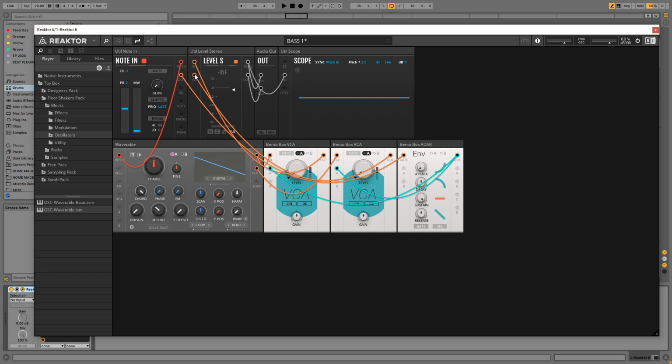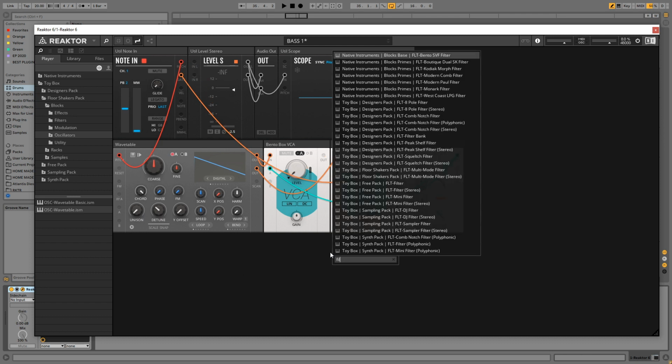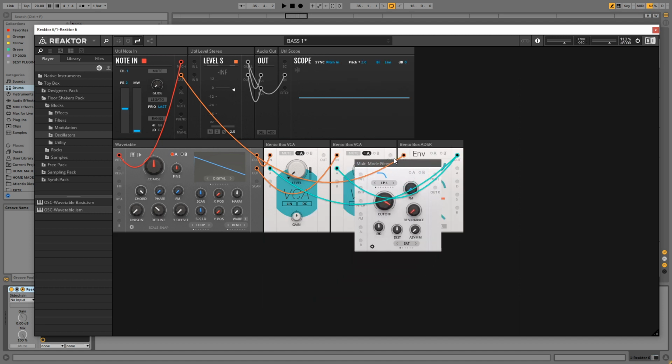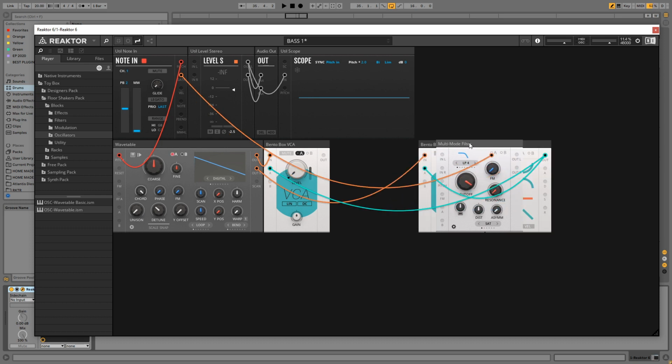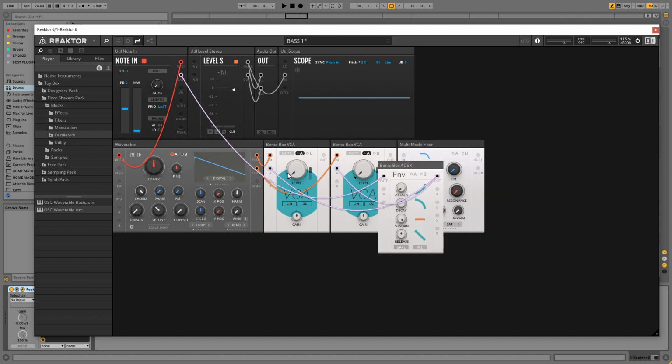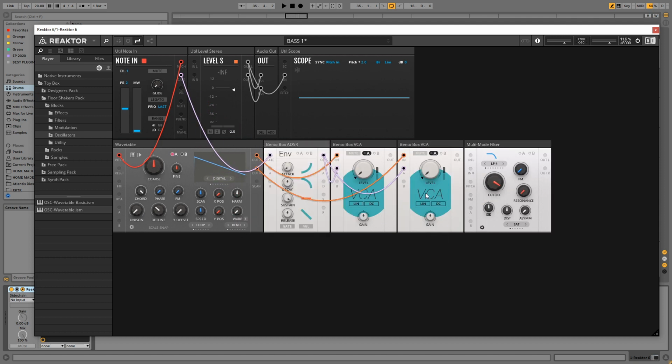So I'm just going to unhook these for now, and I'm going to pop a filter in there. So again, from the 4 Shakers pack, there's the multi-mode filter, and that is stereo. I'm just going to put that after that. I'll put that there, just rearrange them slightly. So left and right into the filter,